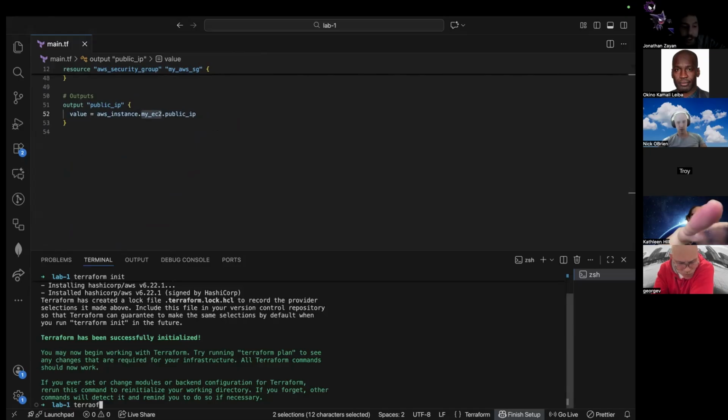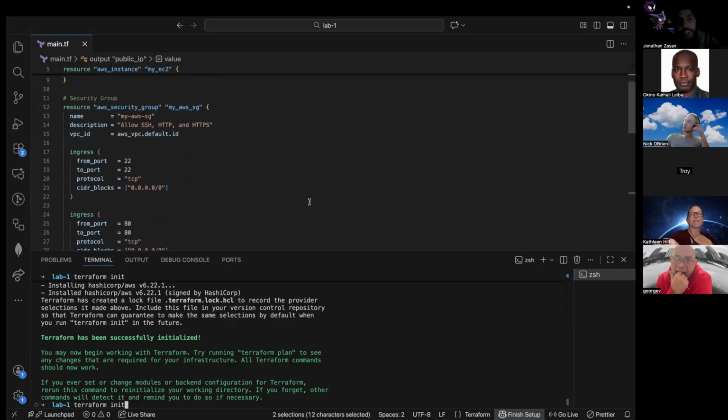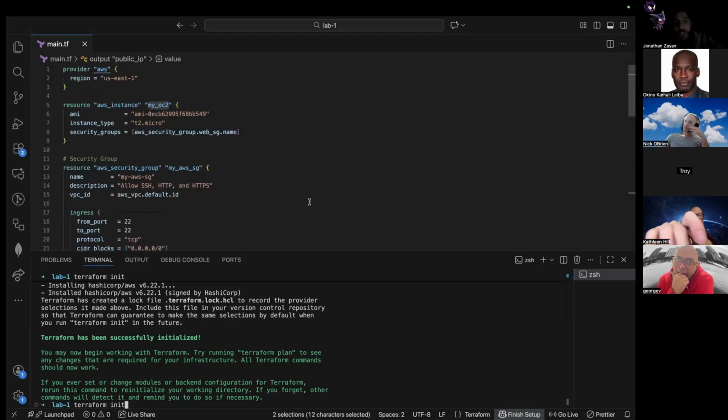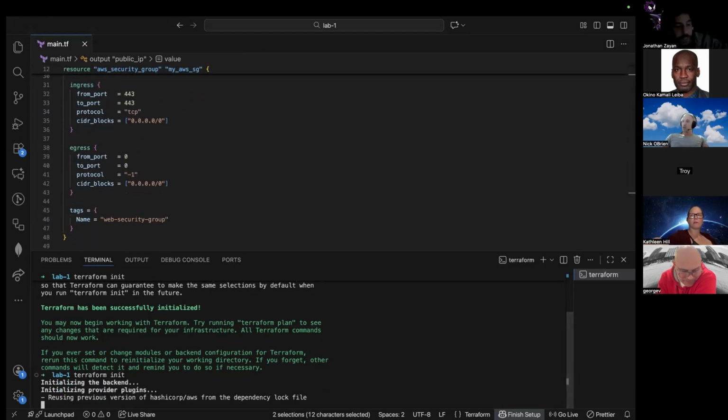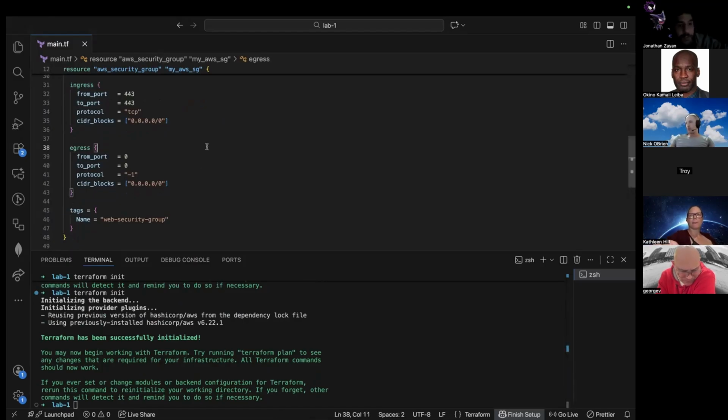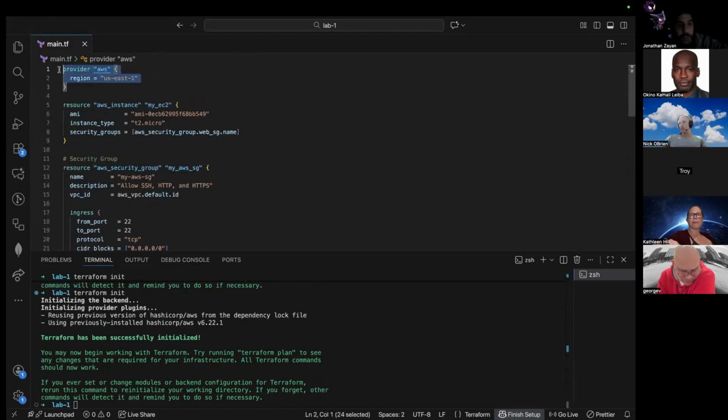So, all right, now we're going to run some commands. And if you remember, what's the first thing you always do, even though we did it when it was blank? Init. Yep. So we made changes, right? This main.tf went from being blank to actually having blocks, and so we're going to go ahead and initialize it. Because you added a provider, right? That was one of the situations in which you needed to rerun init.